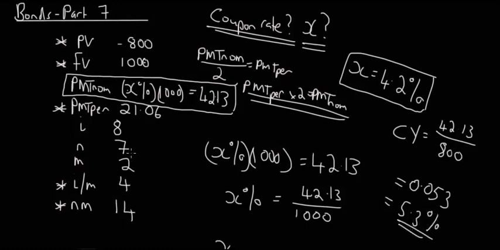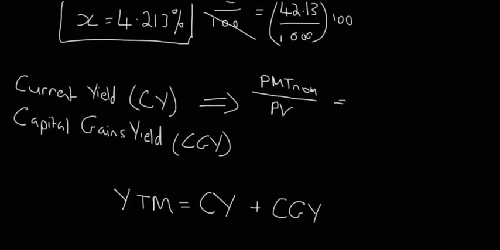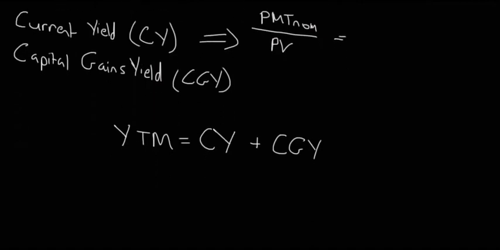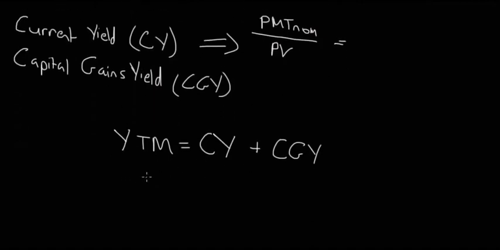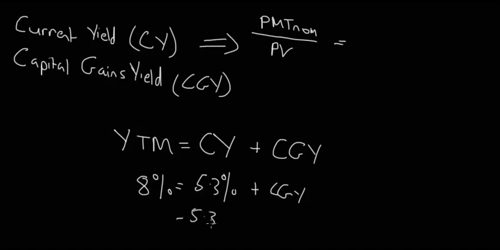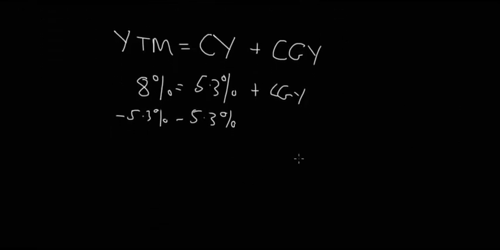Now, our yield to maturity here, I, is 8. So let's scroll down. Yield to maturity is 8%. Our current yield is 5.3%. Here's a question. What's the capital gains yield? Well, it's just 8% minus 5.3%. All you need to do is just flip this around. 5.3%. So let's just scroll a little, and that comes down to a capital gains yield